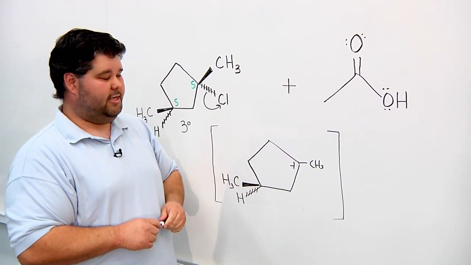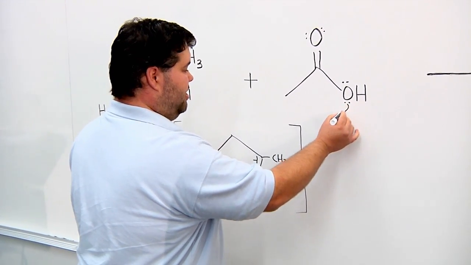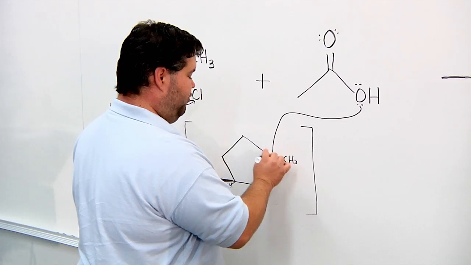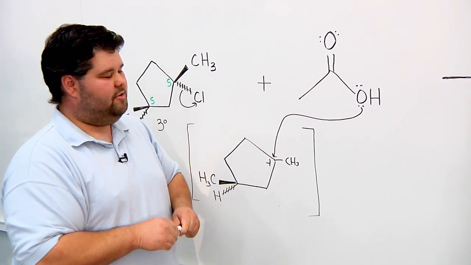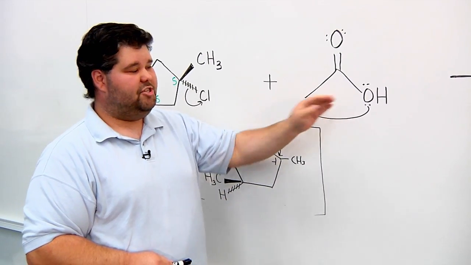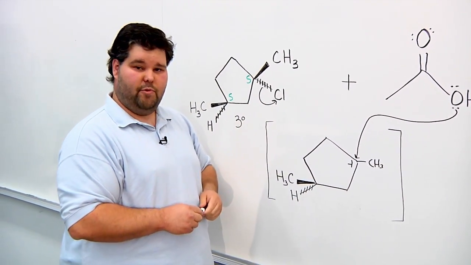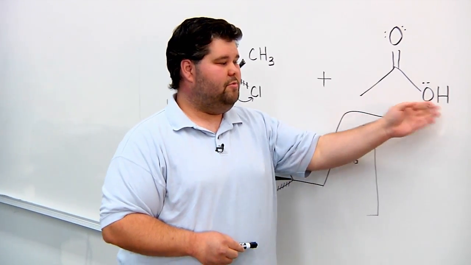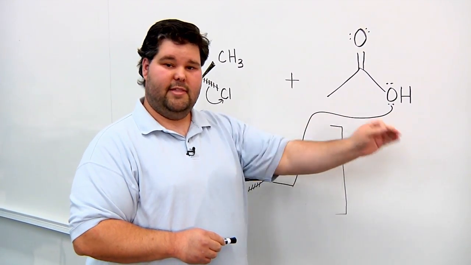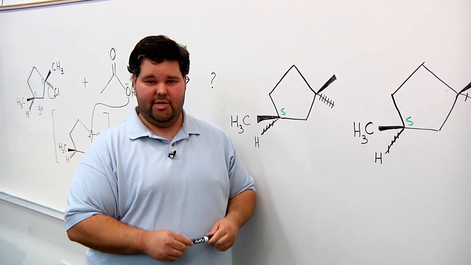So first, SN1. In SN1, the electrons here on this oxygen come and attack this carbocation, forming a new bond. Notice, though, that this oxygen before had 2 bonds and has now made a third. This oxygen will become positively charged. The chloride ion, which left before, will come back and remove this hydrogen, allowing the product structures to be formed. Let's look at the products of the SN1 reaction.